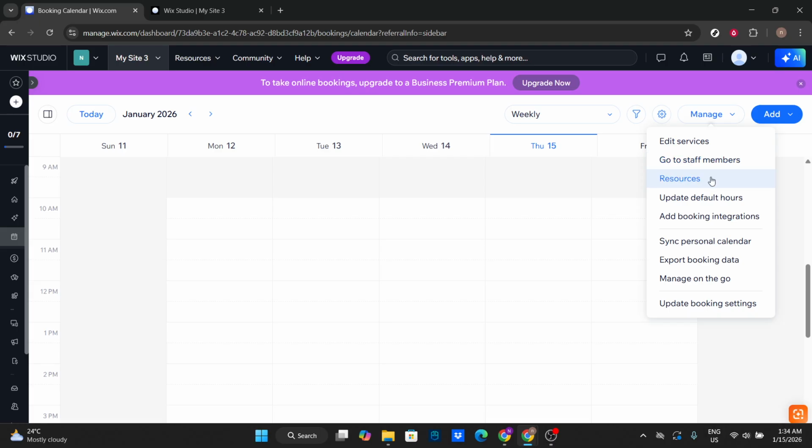Now click Manage. This is the control center for your booking setup. Here, you can edit your services by adjusting names, durations, prices, locations, and buffer times so your schedule stays realistic and organized. You can also manage staff members, assign who can provide specific services, and set their working hours and